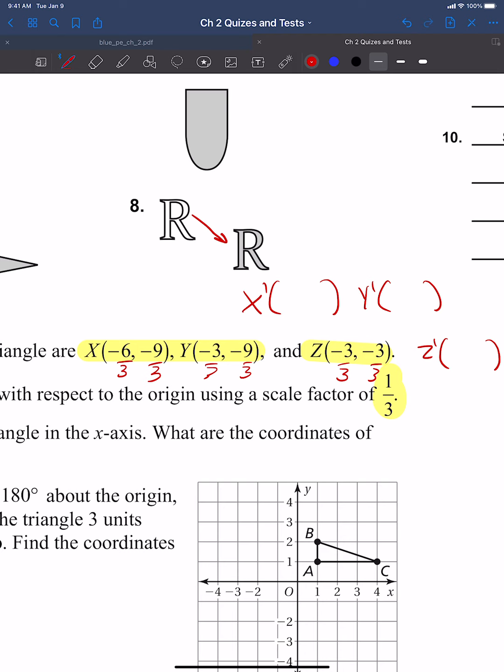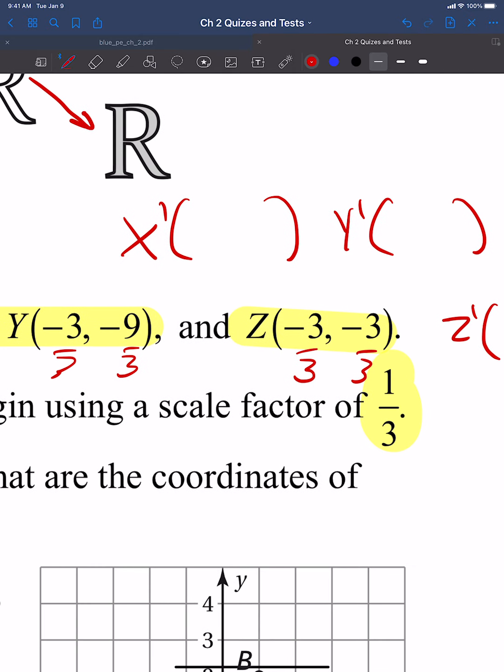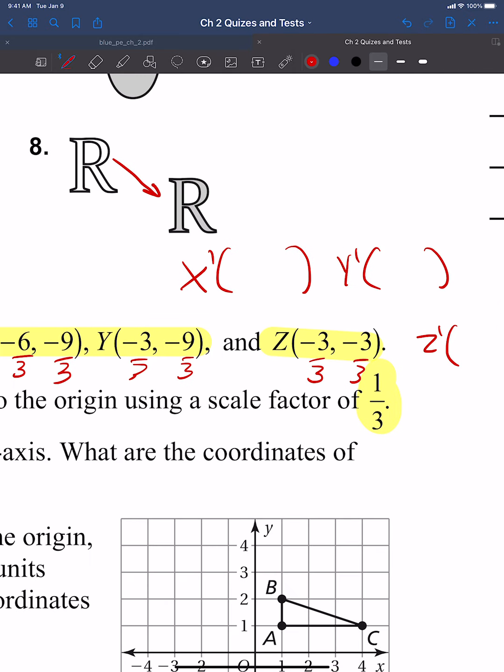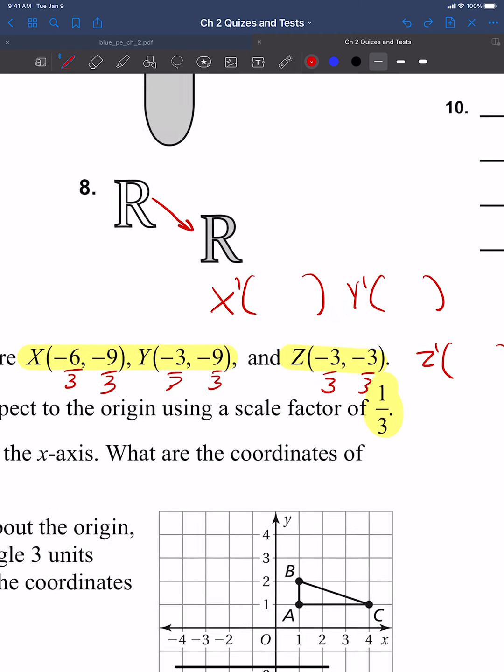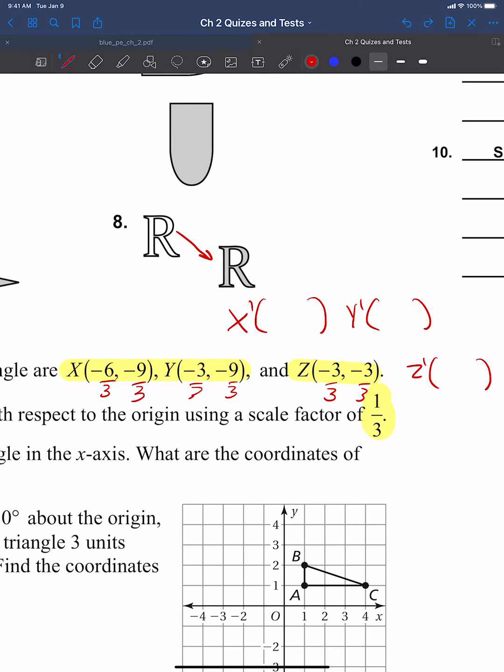Do you guys remember though, what if they didn't say that the scale factor was 1/3? What if they were mean and said it was 2/3? You don't then divide by 3, right? We would multiply by 2/3. The reason we're dividing by 3 is because multiplying by 1/3 is the same thing as dividing everything by 3. Just know that that's why we're doing it this way. Okay, so you guys are working on x prime, y prime, and z prime. The first one I'm getting, check your work,